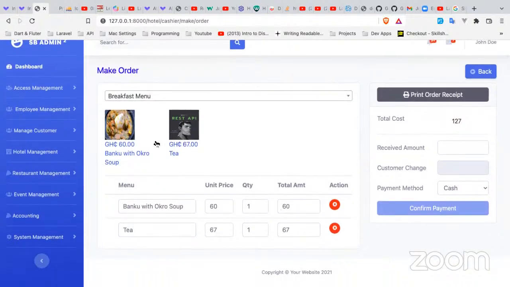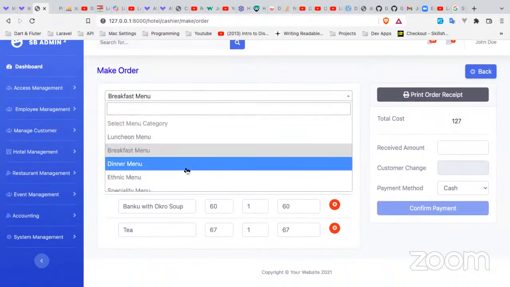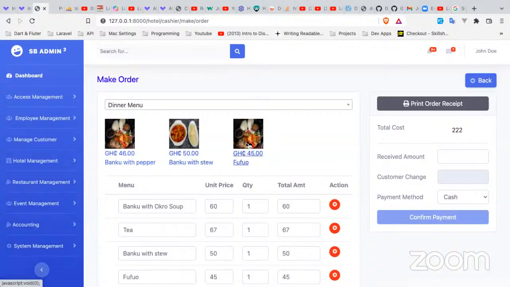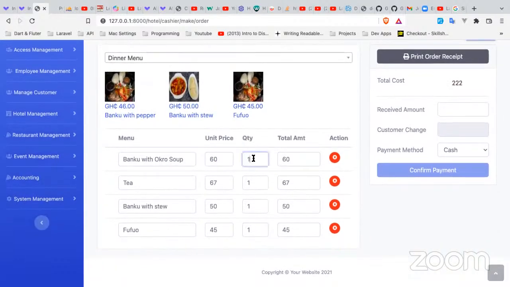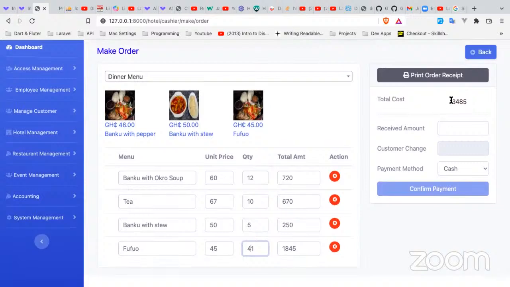Okay. So I want to add dinner to it. You add. Now maybe the quantity, I want this one maybe 12. I want this one 10. I want this one 5. I want this one maybe 41. So the system will do a calculation and give you your cost on the right. So this is what you're supposed to pay. So if you decide to pay,